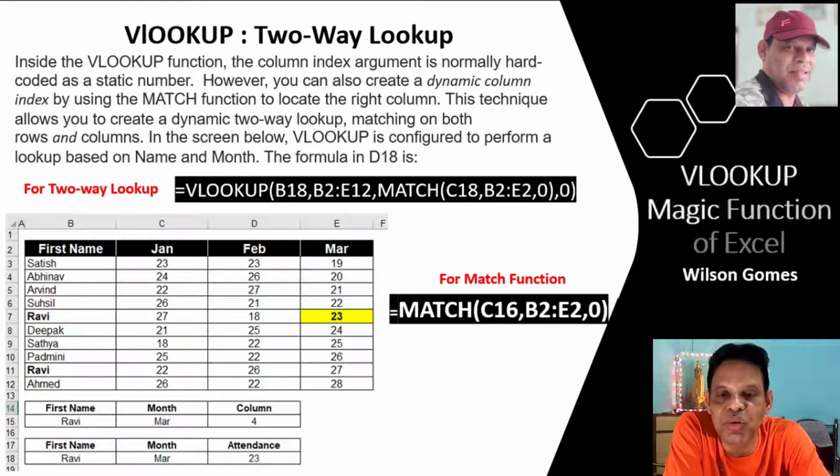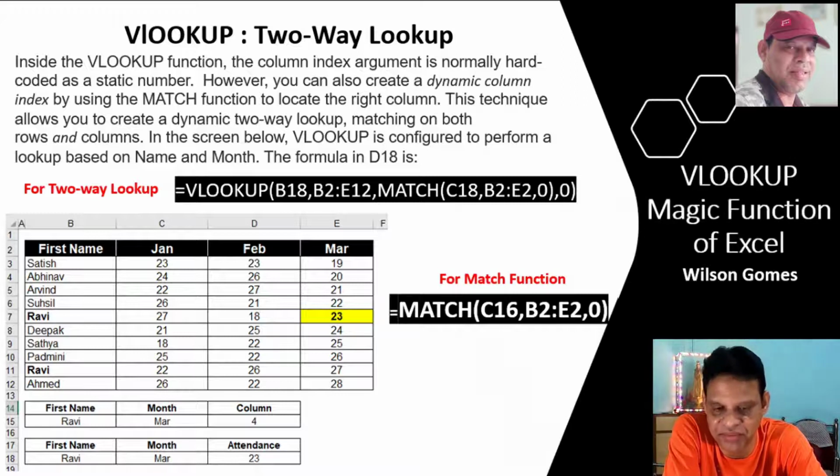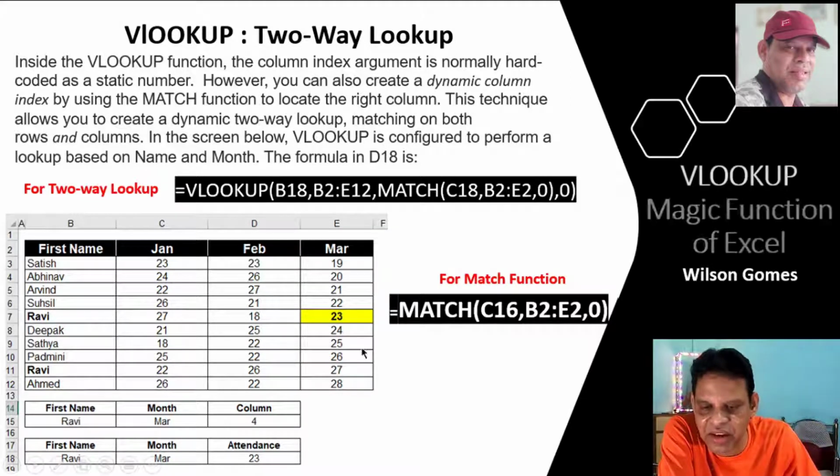VLOOKUP can also do two-way lookup, vertically as well as horizontally, up to a limited extent. Here I have given a table wherein names of people and their attendance month-wise are given. January, February, March. Out of 31 days, how many days they were present.